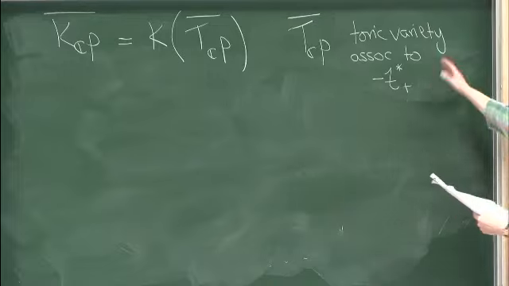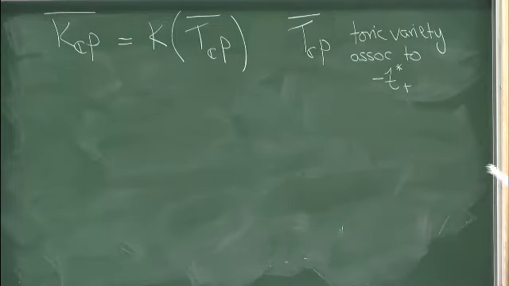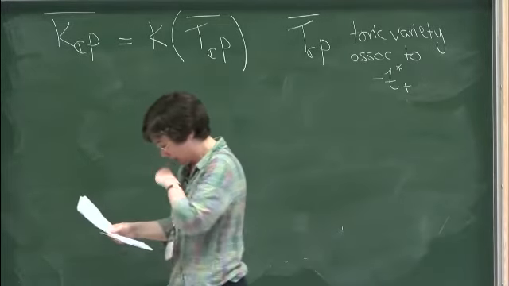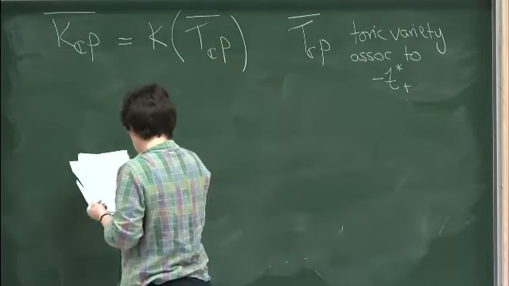So this cone has an associated toric variety, and we can see that toric variety sitting in the symplectic implosion, and